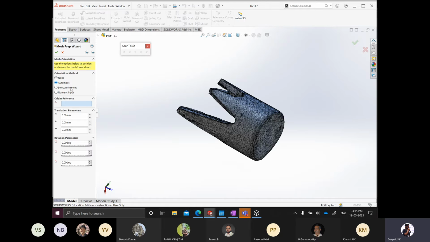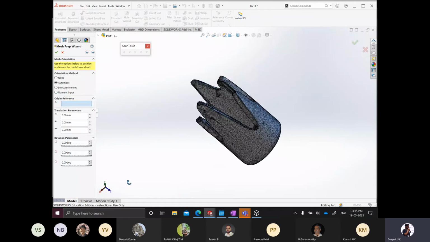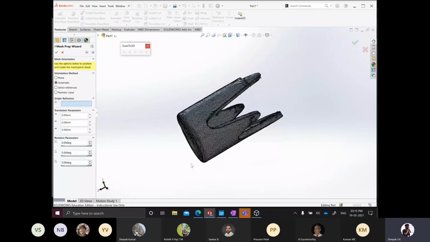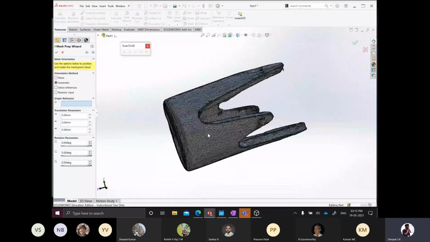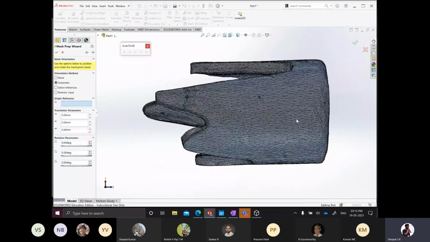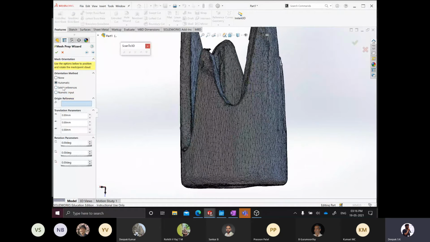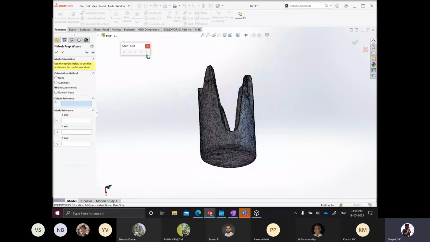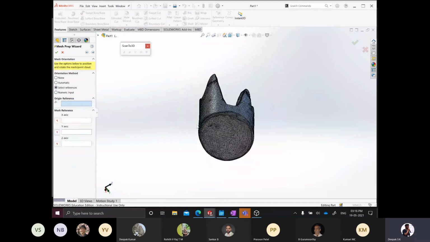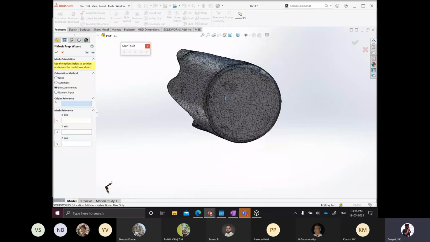So this one, as you can see here, the coordinate system is here. When you see the front view, it is something like this. And then when you see the top view, it is something like this. So you can see that SolidWorks itself has aligned the edges so that you can have it in a proper manner. But in case, let's say, you're not able to do that, you can always have a numerical reference or a selected reference, wherein you give 4 points of reference. One is the origin point. So let's take this point to be the origin.